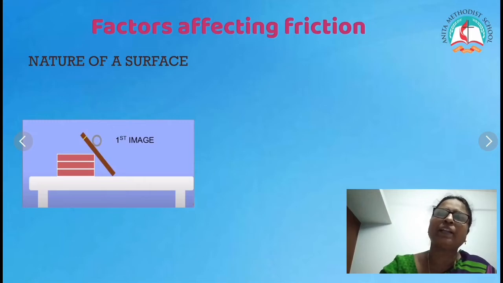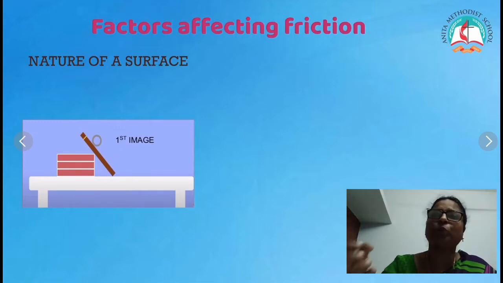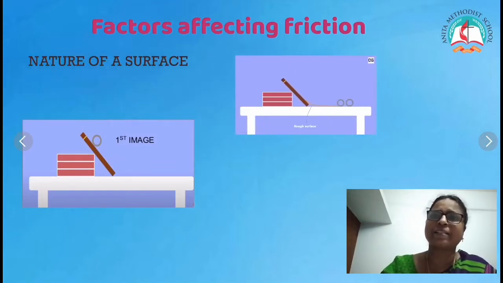Then you let a cylindrical object roll down. What will happen? It reaches a particular point and then it stops.